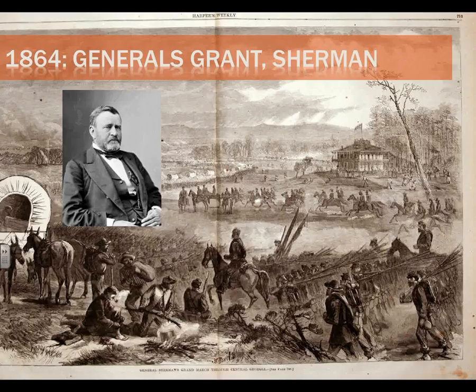As Grant is laying siege to Richmond, he tells his best buddy, his second in command, William Tecumseh Sherman, to do another sort of unpalatable job. He tells Sherman, I want you to march into the South, cut yourself off from your supply lines, go deep into enemy territory, and take the war to the Confederate people. We are on the verge of defeating the Confederate Army, but if we want to win the war, what do we have to do? We have to get the entire South to give up. They have to accept our rule. They have to give up completely.